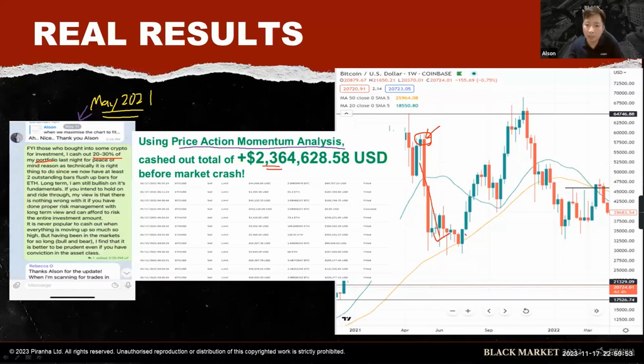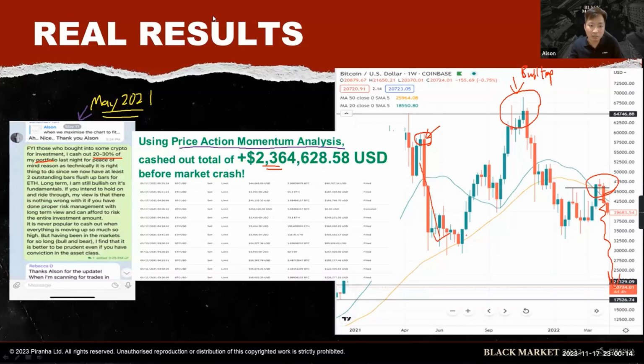bought in again, and then it goes up, I cash out. Here I cash out the most because this is a bull trap pattern. For now, you can take it as a bull trap pattern, which is bearish. And over here, as I shared with my students as well, this was before the Luna crisis hit. So it's a matter of millions of dollars.